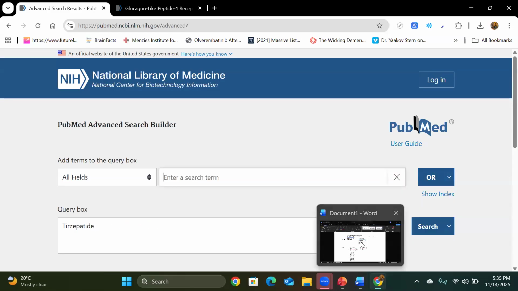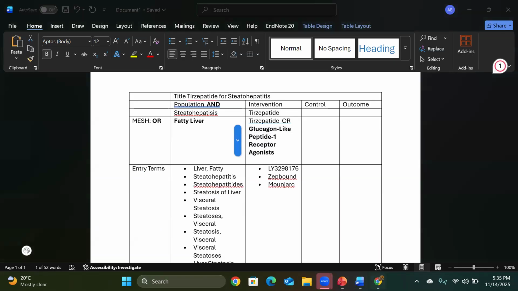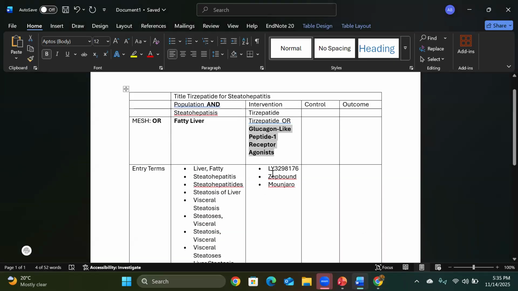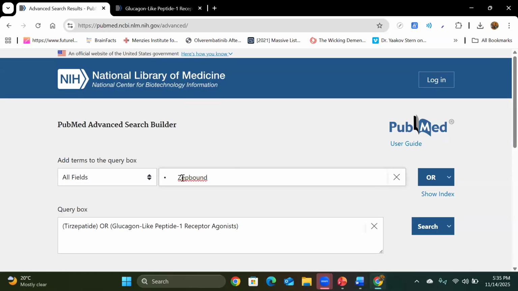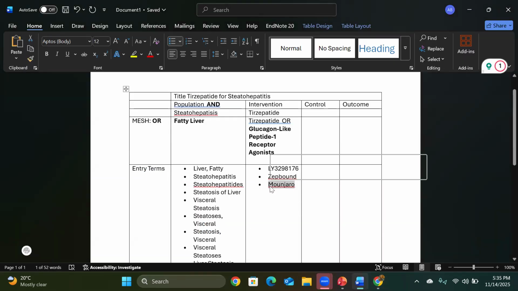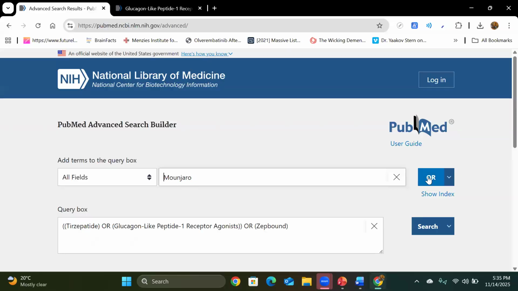Tirzepatide first, or glucagon-like receptor agonist. First, you have to always add the MeSH keyword. And then down, we will be going for this one, Zepbound or Mounjaro.